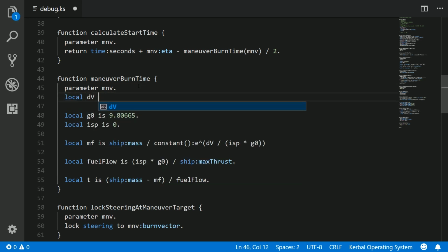So we're going to say local dV is the maneuver, and again, we need to look at the docs if we're not familiar with where this is at. So I'm going to get delta V magnitude. I'm going to get the magnitude of the delta V vector, because that's the total amount of change in velocity